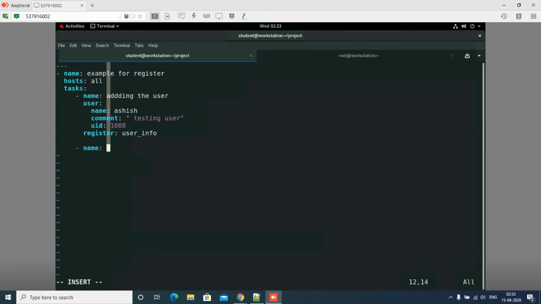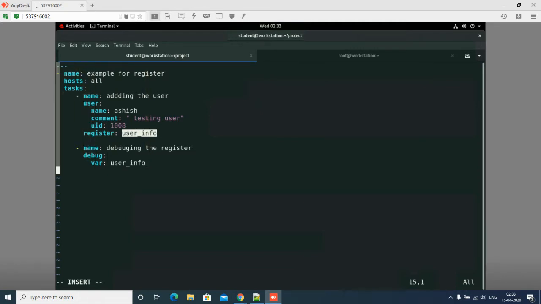I am saying debugging the register. Now I will use the debug module. Inside the debug module, I am using var, and inside it I am giving the register name.